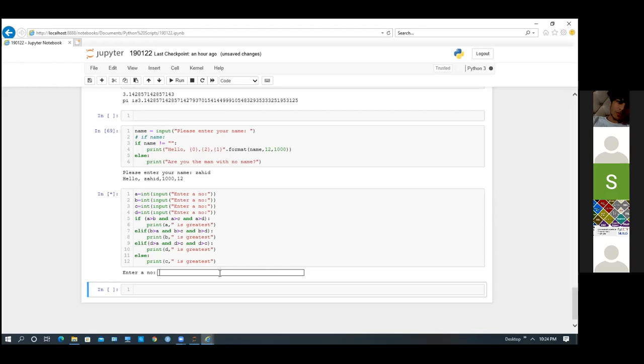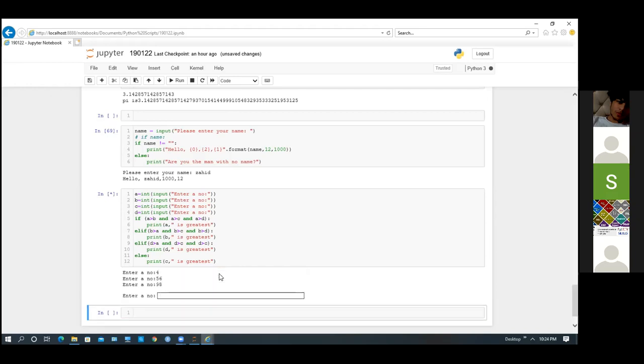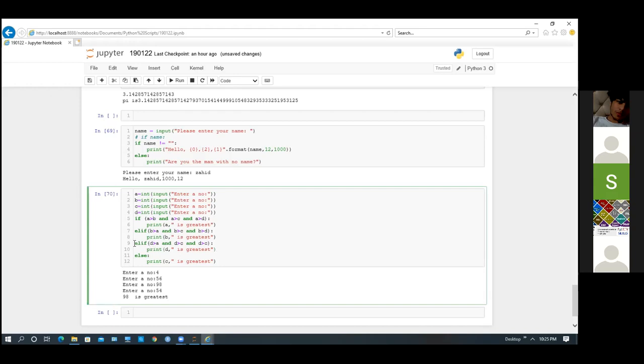Then there will be if, elif, else. Since there are 4 values, we are using elif here. So if I write 4, 56, 98 and 54, 98 is the greatest. This is just to show that when we have multiple conditions, we use elif.